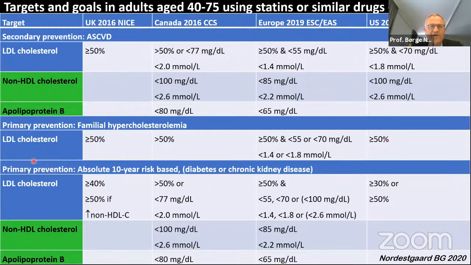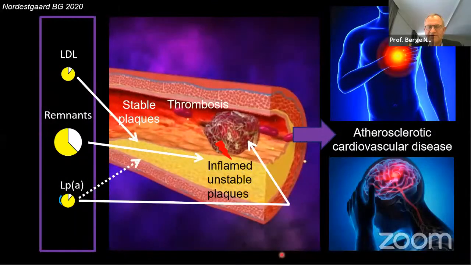And then there's other primary prevention based on absolute 10-year risk or based on having diabetes or chronic kidney disease. Again, focus on LDL, but in addition, in the Canadian and the European guidelines, also bring down non-HDL cholesterol and ApoB to certain targets. So my final slide is just summing up